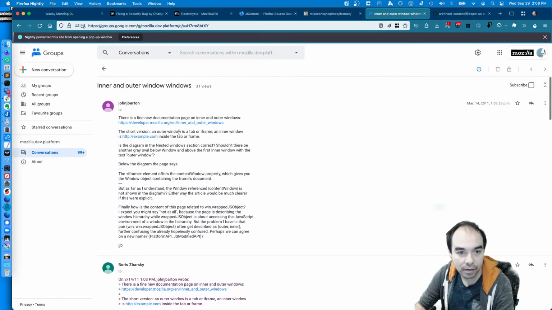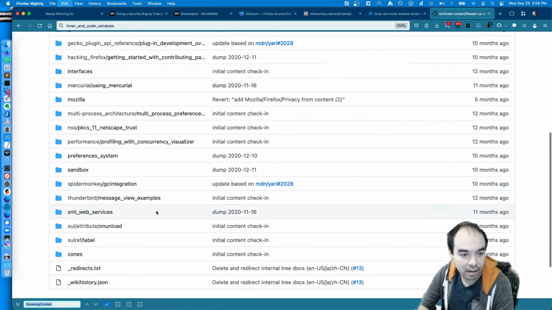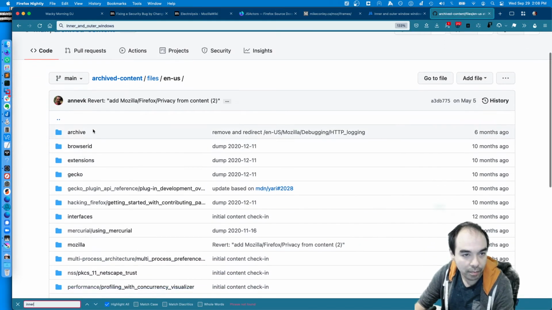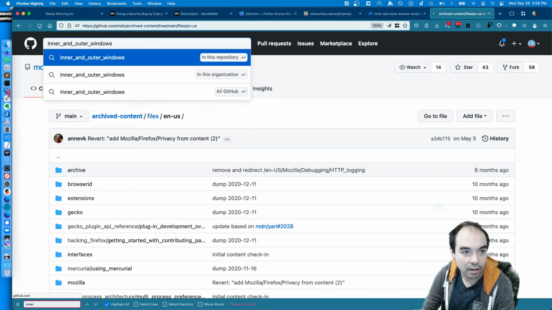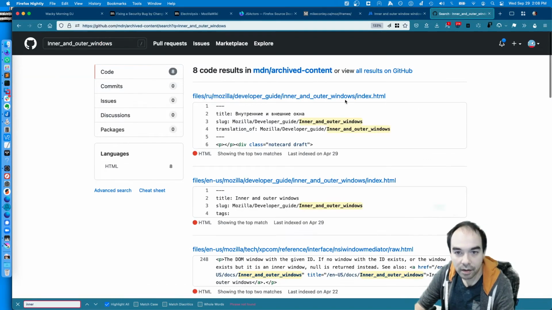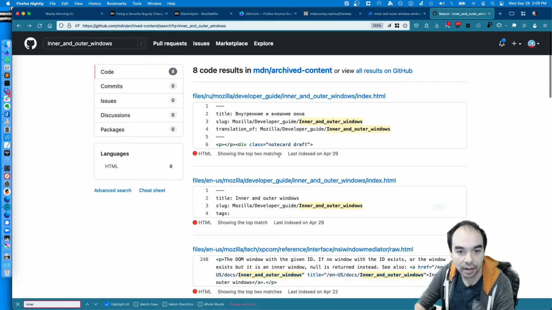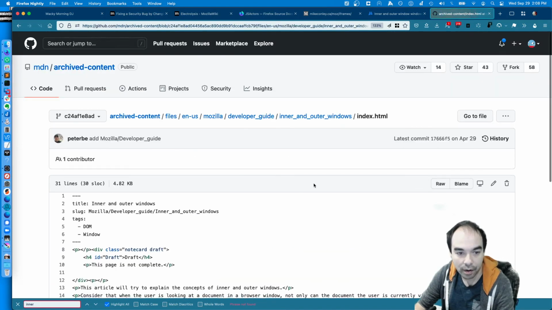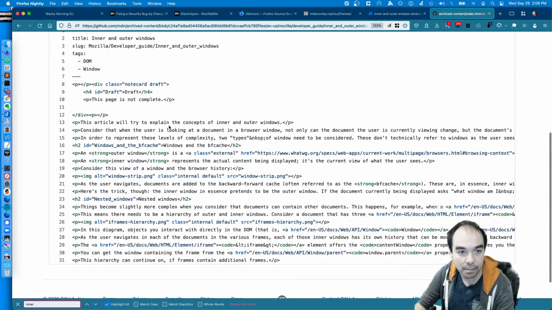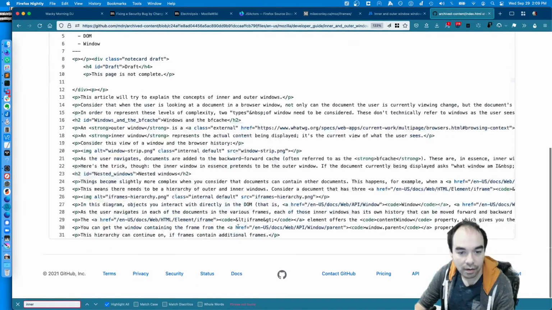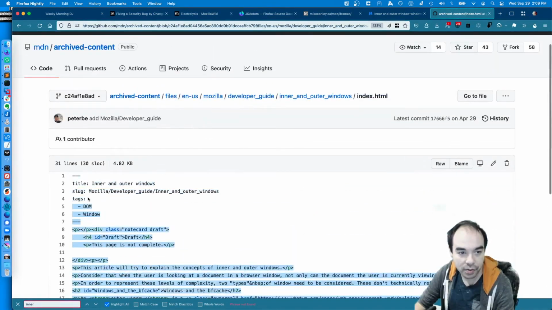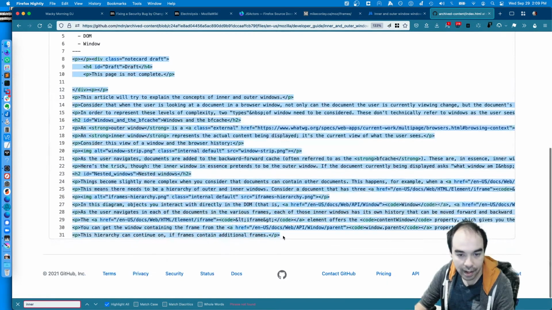Inner and outer windows. Outer windows right here. Developer guide. Oh, that's an RU. No, I want an en-US. Here we go. This is a very poor state of things. We should probably try and revive this. In fact, I should file a bug to do that. But let me just drop this into